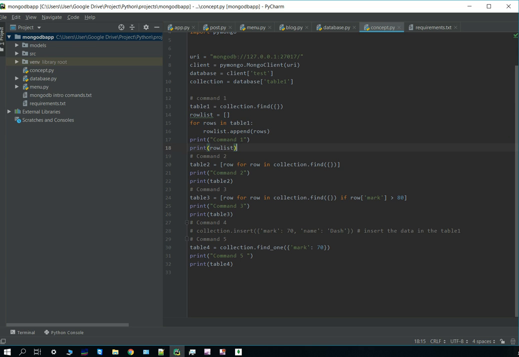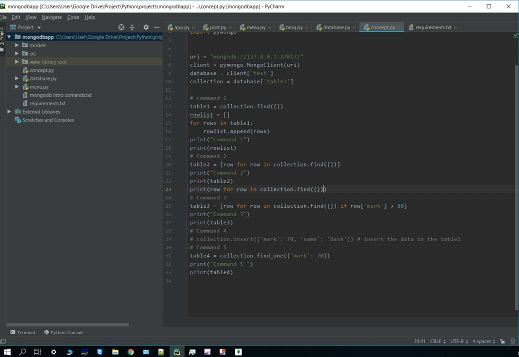The second command, or the second way we can store the same thing, but over here you have seen we are using a couple of lines. So instead of that, this whole thing can be done in a single line: table2 = row for row in collection.find. Third command is